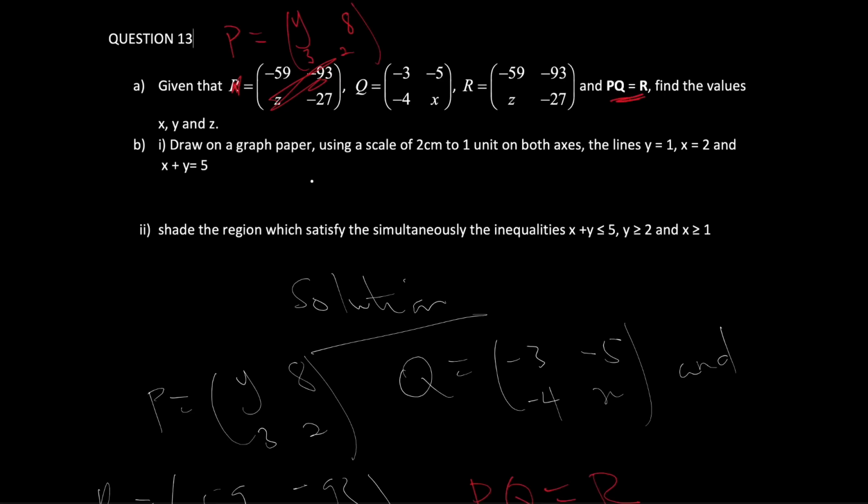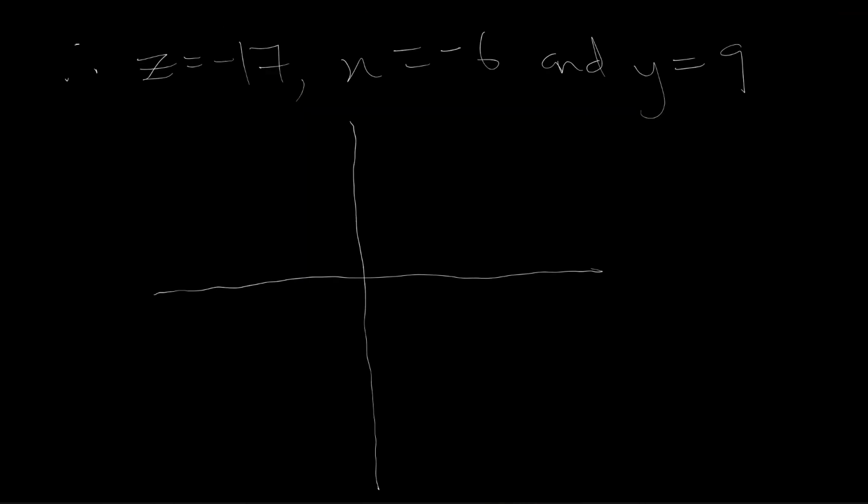And then for the scale, we use 2 centimeters to 1 unit on both axes per the question. So we have our x-axis and our y-axis. So 1, 2, 3, 4, 5, negative 1, negative 2, negative 3, negative 4,